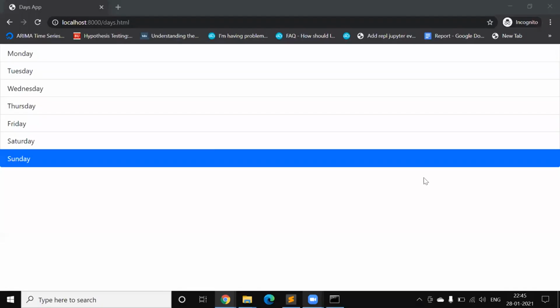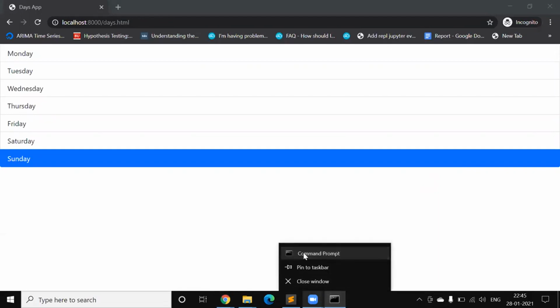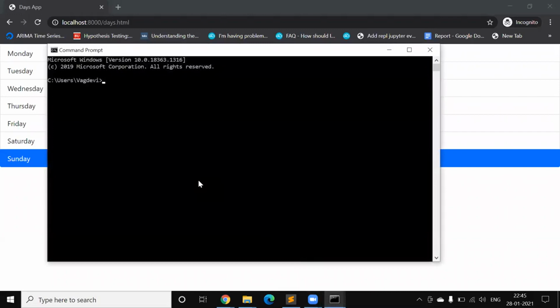Now let us see how to stop this container, the container which is run based on Docker Compose. Open a new command prompt. We have two methods to stop a container running based on Docker Compose.